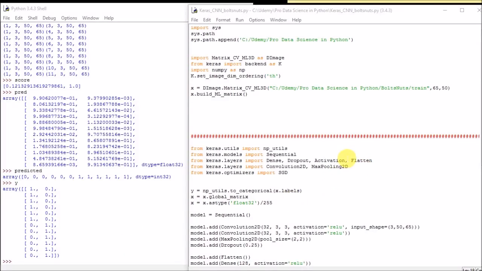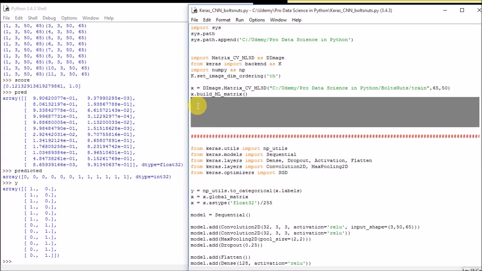I will show you how to run a convolutional neural network in Keras and use it to identify bolts and nuts in images. This is part of a course that I give on Udemy,